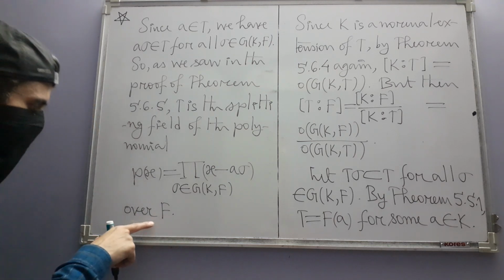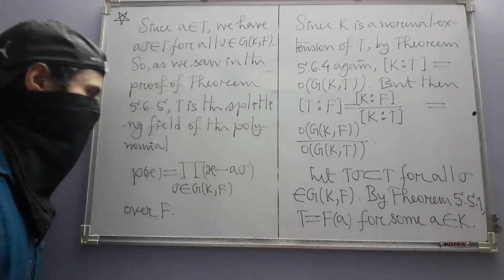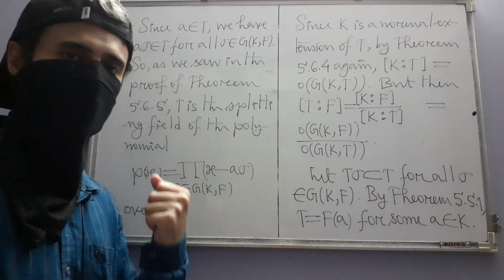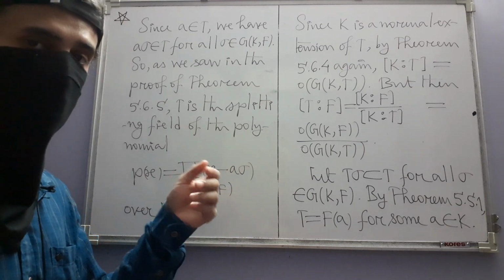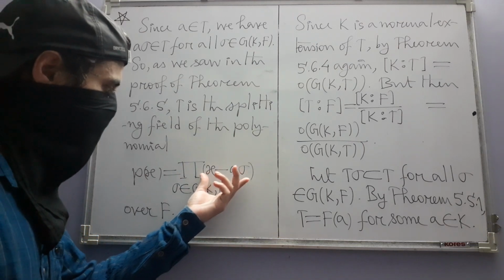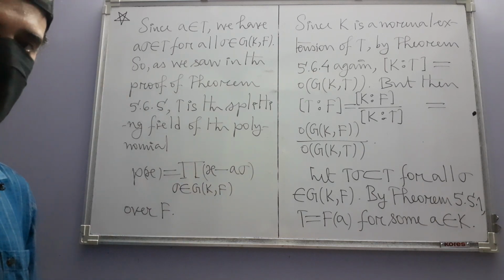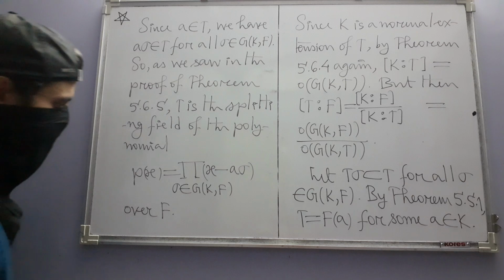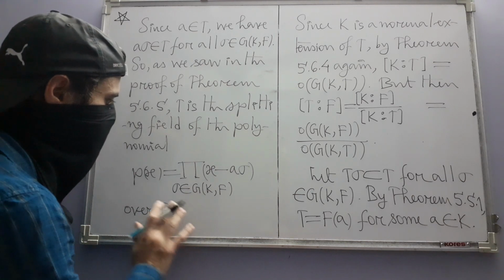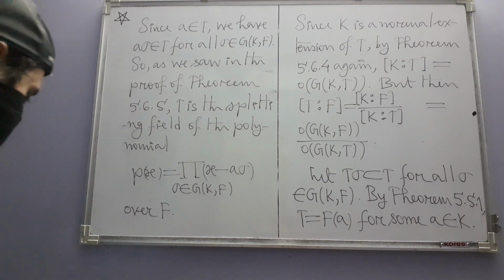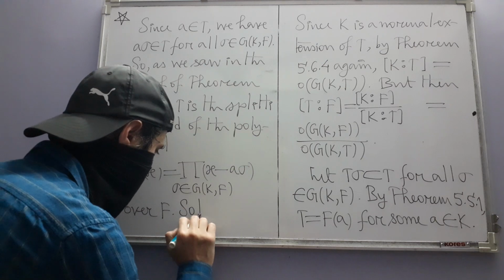This fact also we saw while proving this theorem, that ultimately if you multiply out the terms, you then get elementary symmetric functions in the A sigmas, and it turns out that they ultimately actually belong to F. So this is something we have already seen, and now we are going to use it. So by